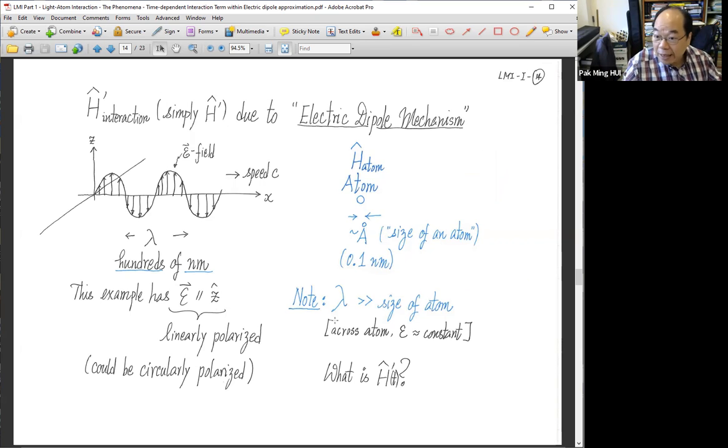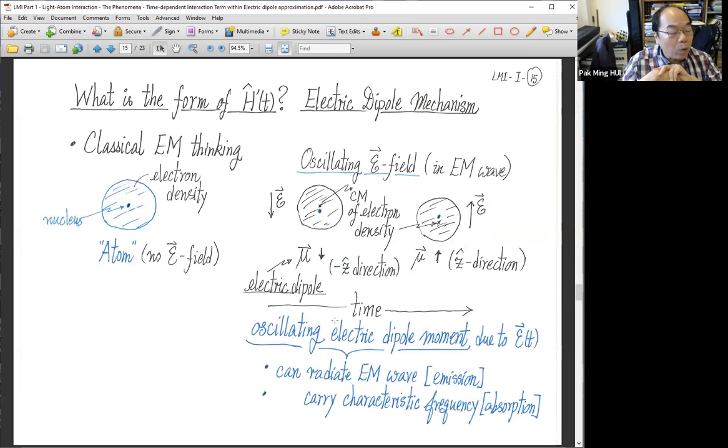So now we have this idea. We want to now write down explicitly what is H of T within the electric dipole mechanism. I already told you this picture. The atom nucleus, there's an electron density with some wave functions, Schrödinger wave functions. And then an EM wave comes in,